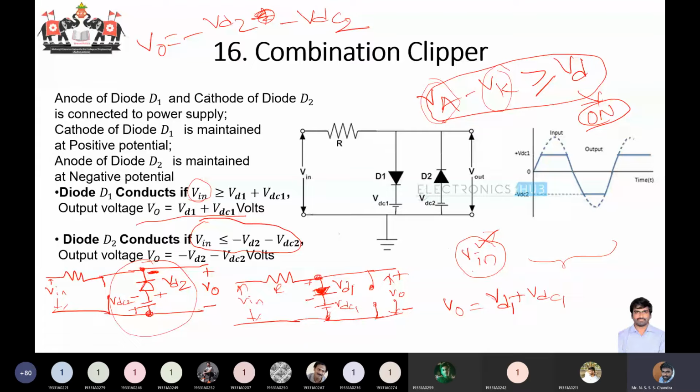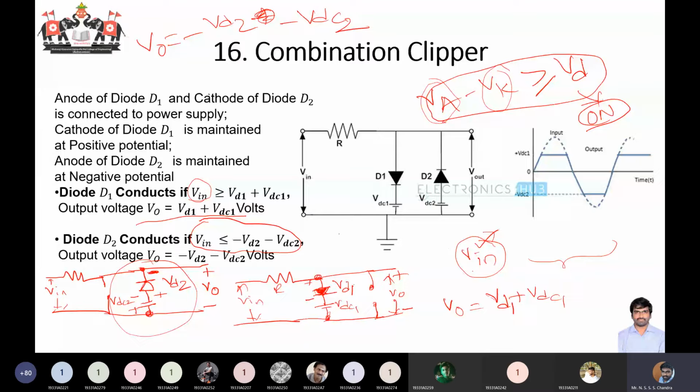In the PPTs, because I have a large number of circuits, I may not be able to draw each and every condition. But when you are analyzing any circuit, you need to redraw the circuit every time in your answer sheet. When diode D1 is conducting, what will be your equivalent circuit? When the diode D2 is conducting, what will be your equivalent circuit? From the equivalent circuit only, you will be able to write the equation for your output voltage. Without an equivalent circuit, you may not be able to imagine what will be the V0.